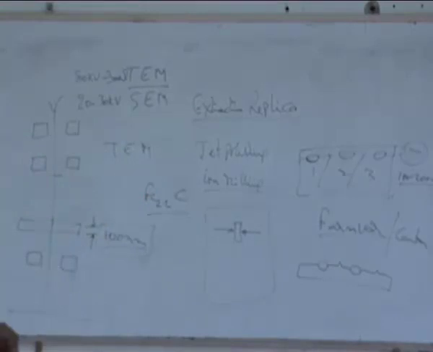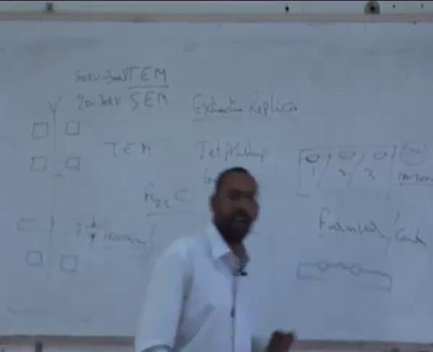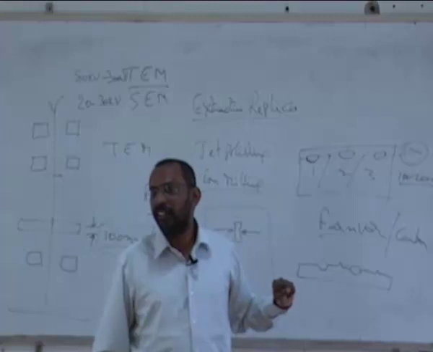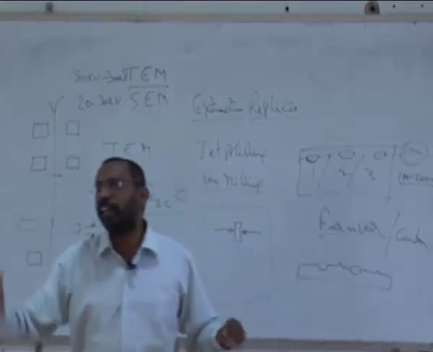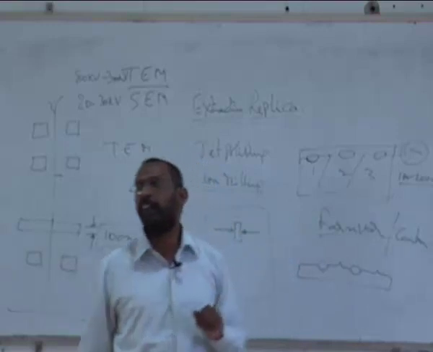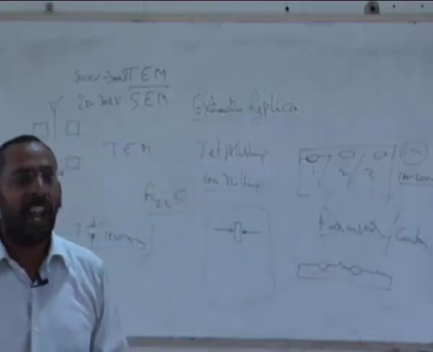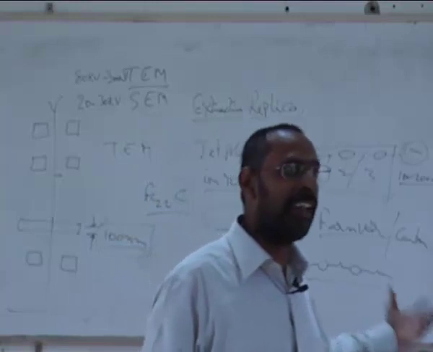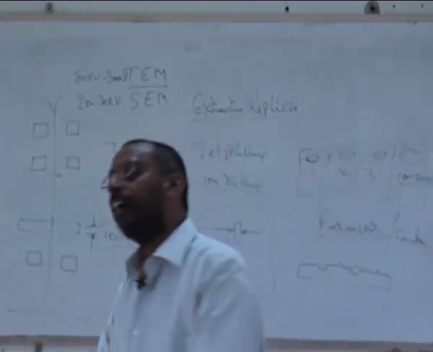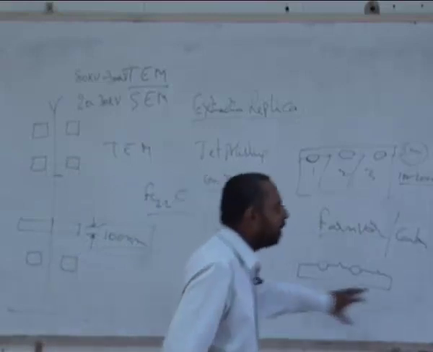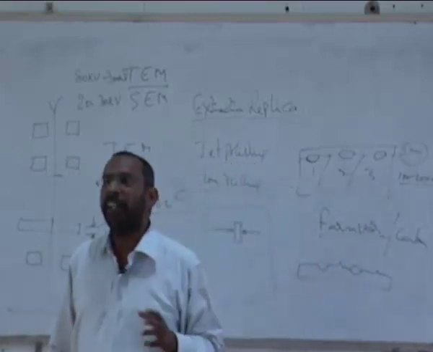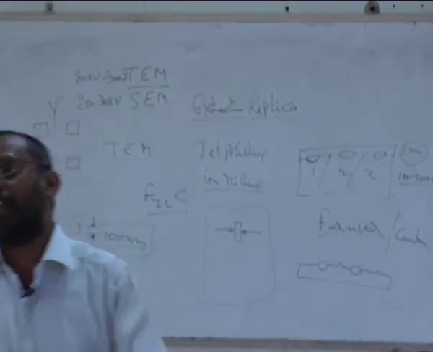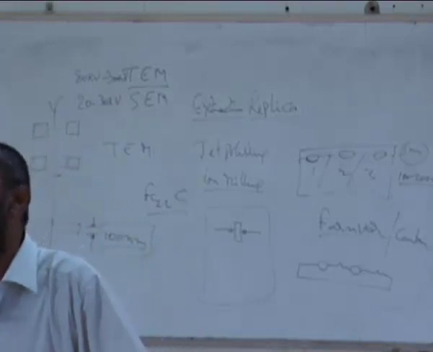The reason why I am saying this is, if I take this particular replica with those extracted particles, whether it is epsilon carbide or cementite, I can find out by getting the diffraction pattern from that particle and analyzing it to find out whether it is a hexagonal structure or an orthorhombic structure, which is the structure for Fe3C. So this is one piece of information that these extraction replicas give. But there is still one more piece of information that I want to extract, which these extraction replicas do not give, and that's the reason why people have to go for other techniques.